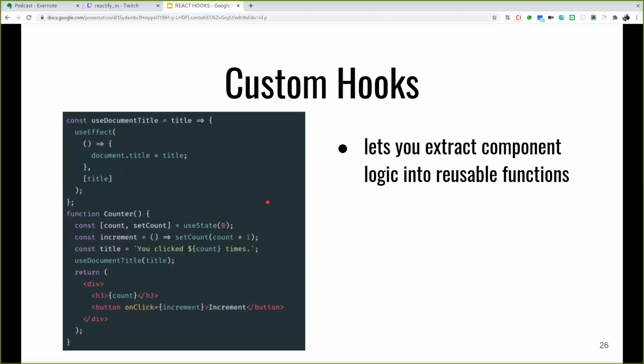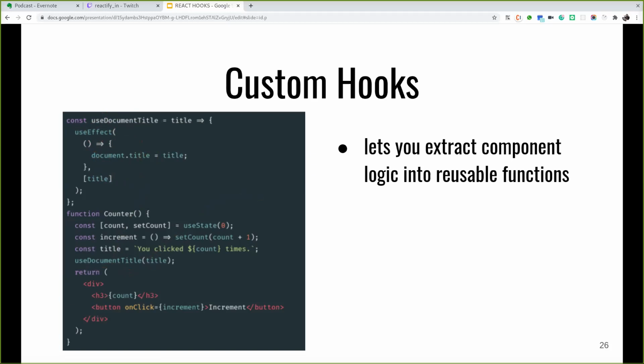These are normal JavaScript functions which can be used with other hooks. For example, here I'm using useDocumentTitle, and inside it I'm using useEffect. So custom hooks can have different effects combined to generate other logic to accomplish your goal. But the only thing is it should start with the use keyword.